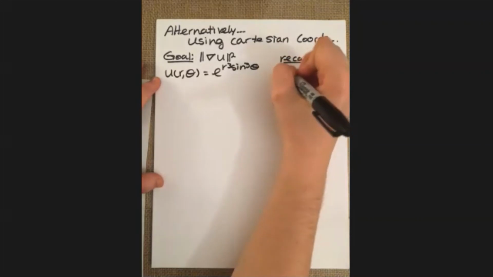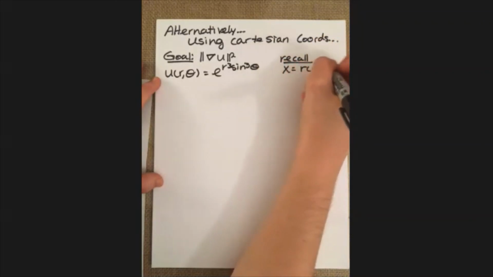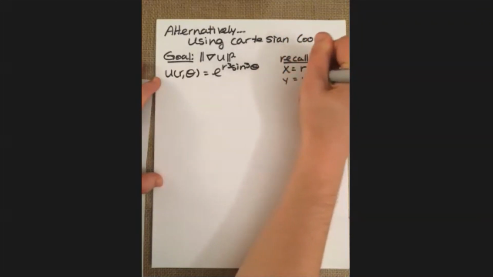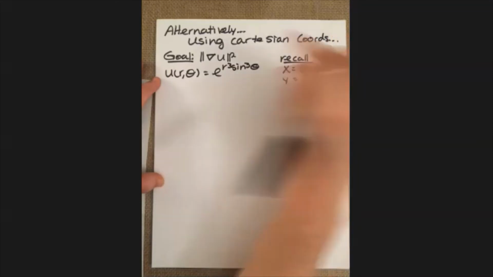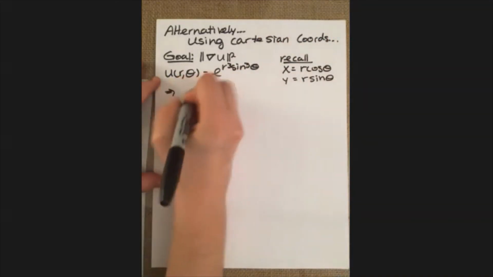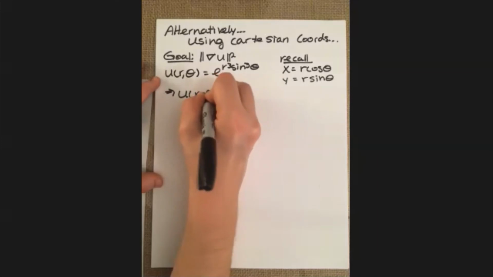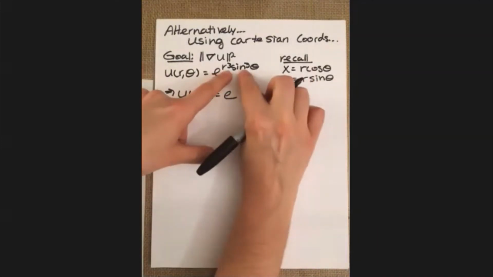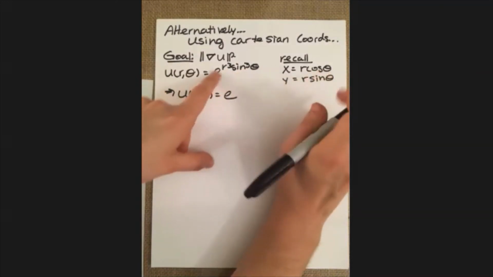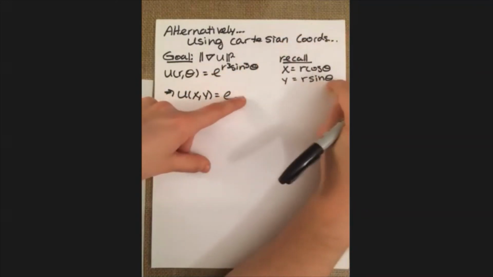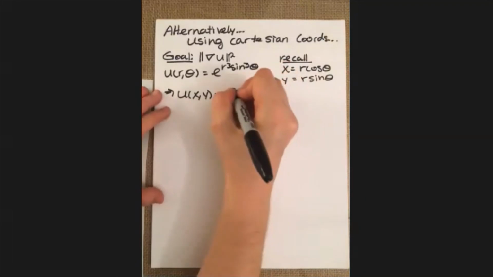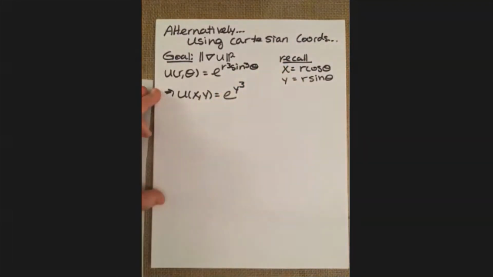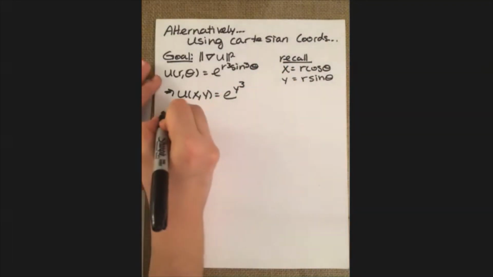recall that x is equal to r cosine of theta, y is equal to r sine of theta, and we're going to use these to substitute in for here. So if we want u to be in terms of x and y, I'm going to take e, and r cubed sine cubed theta is just r sine theta, all of that cubed, so that's just going to be y cubed. So to get my gradients,